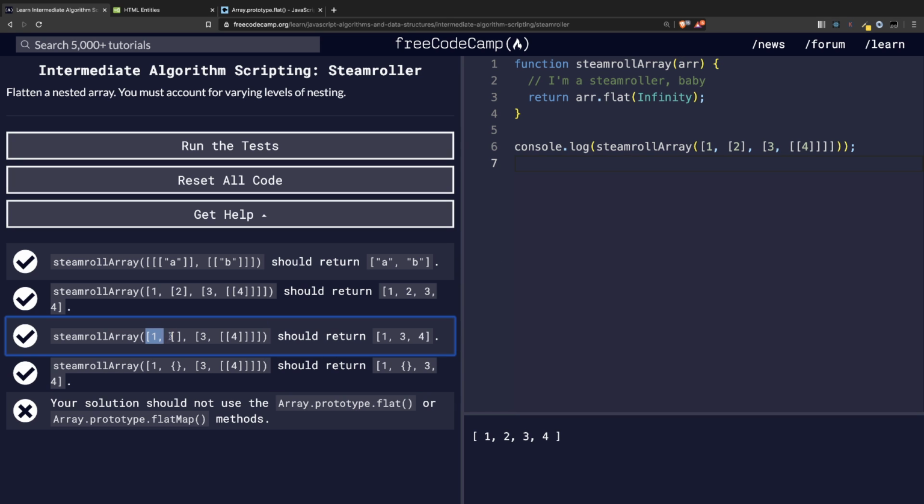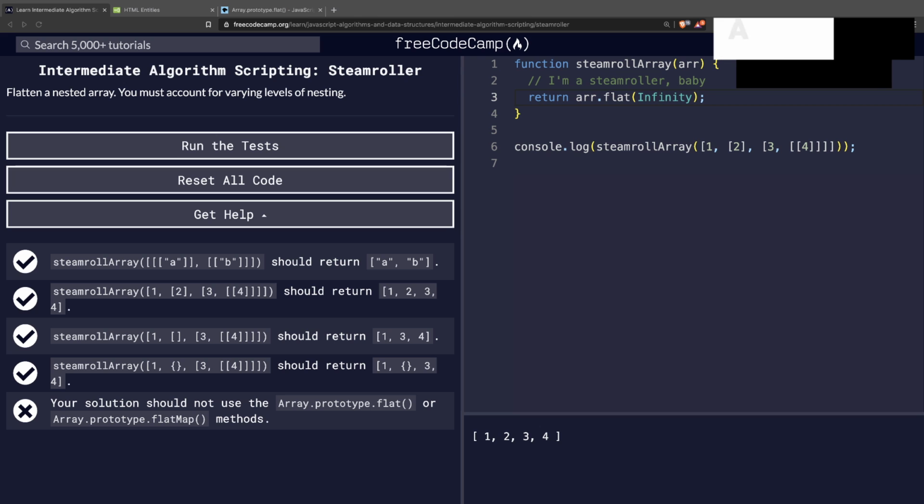Yeah, you can see here that this one returns 1, 2, 3. This one returns the object also. So yeah, they remove the empty array also. Can't use flat. I can hack it. You try to do it using recursion, and what happened? Wait, I guess that